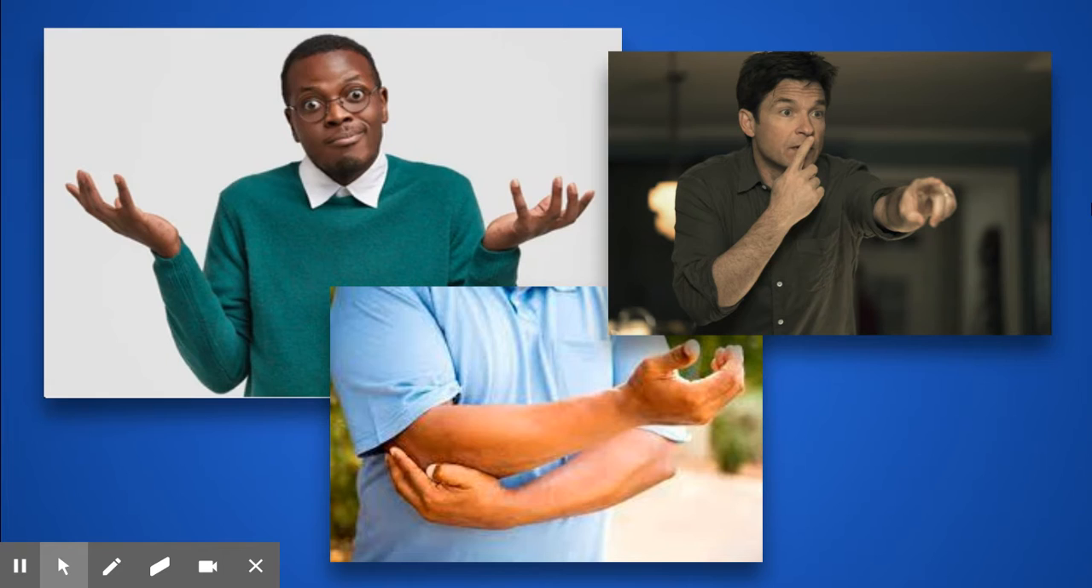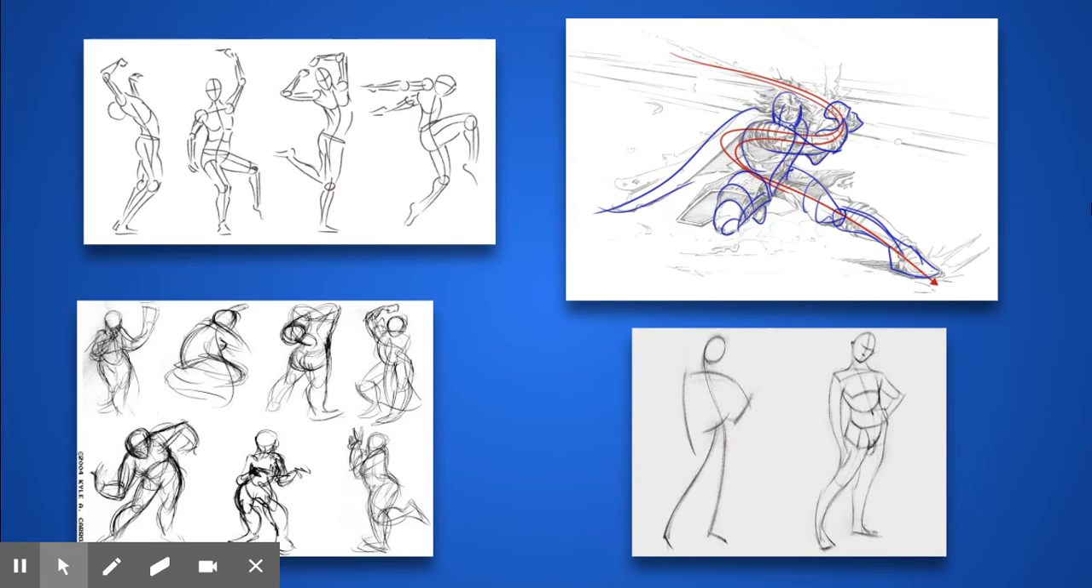The gesture of shrugging is I'm confused. If you touch your elbow, el codo, that means you're cheap. Touching your nose in charades means, yes, that's right. They're all gestures. But in a drawing, in un dibujo, gesture means the general shape, the biggest movement, the biggest